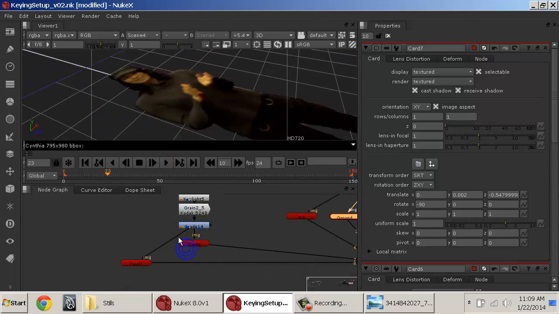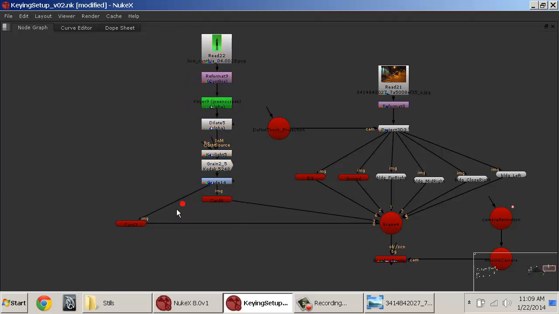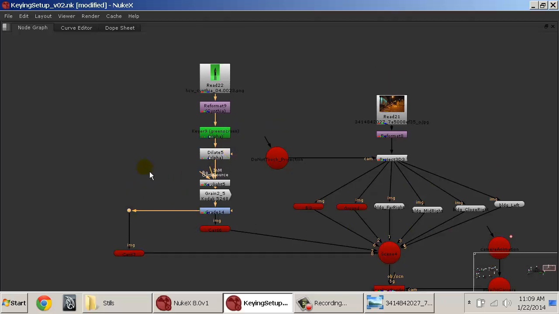So what I'm going to do is first let me organize some of this stuff. First here's original Cynthia. We'll just set her here. I'm going to hold Control and drag a little box node off that. Good. And then what I want to do is take this and add in a grade node. I just added, oops, I don't like to add it there though. I want to add it in here, right there. So I just hit G for grade node,